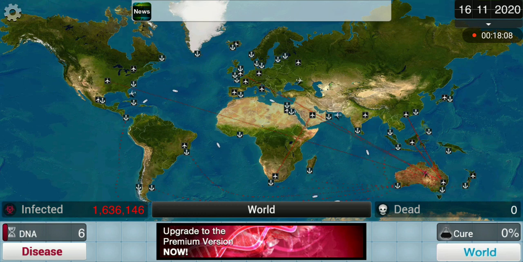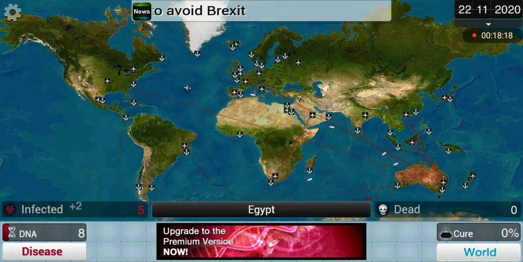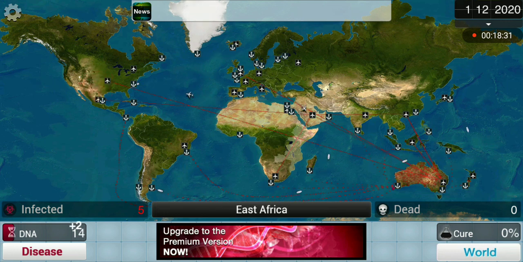As soon as I infect the world, I'm gonna try to buff up lethality a whole bunch, so then the whole entire world just dies. Oh, I have now Egypt. To be honest, the hardest part of this is getting it to Greenland. I have West Africa now. I have Mexico. I have, I don't know what that says. I have Japan,